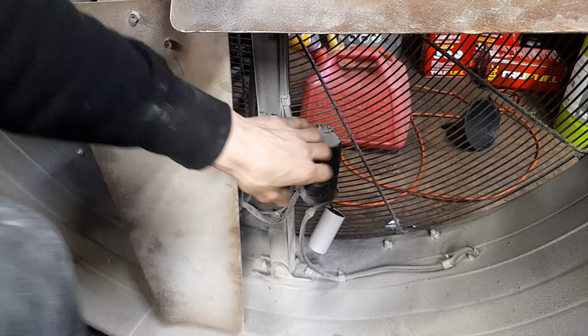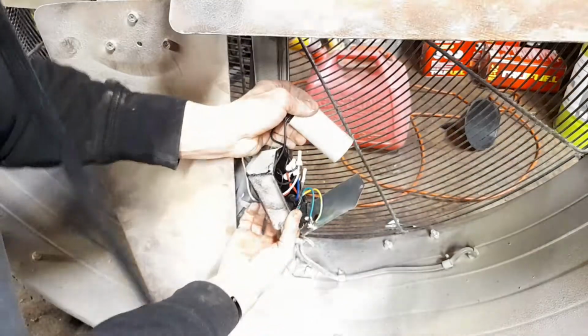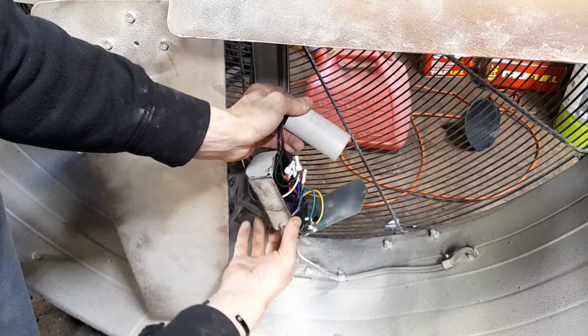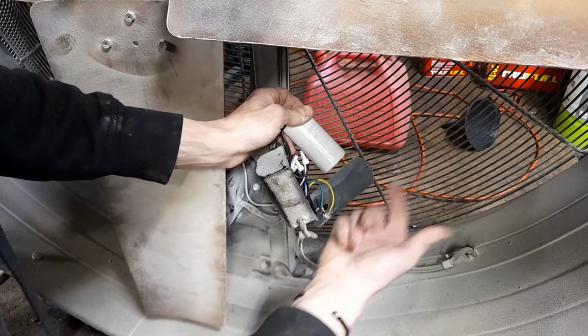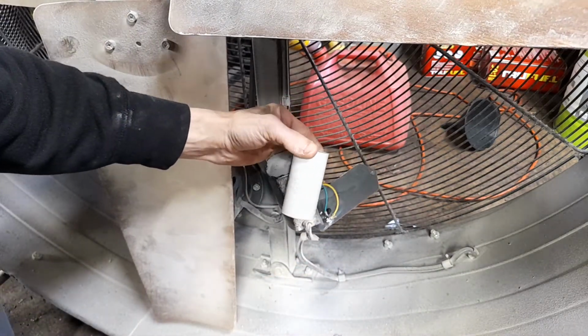Okay, so the next step is I got this box off here. I guess I'll put that back for a second, get a better idea. But I pulled this off, and this back plate came off with it. I was able to see here basically a handful of wires, which appear to connect our 110 from out here to our motor, to our switch. But more interesting to me here is I noticed a 250 volt